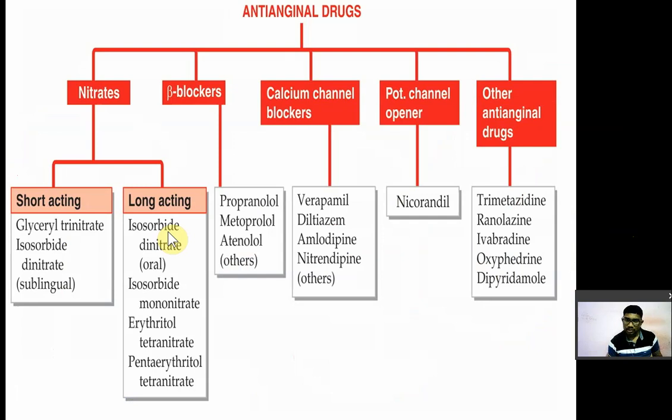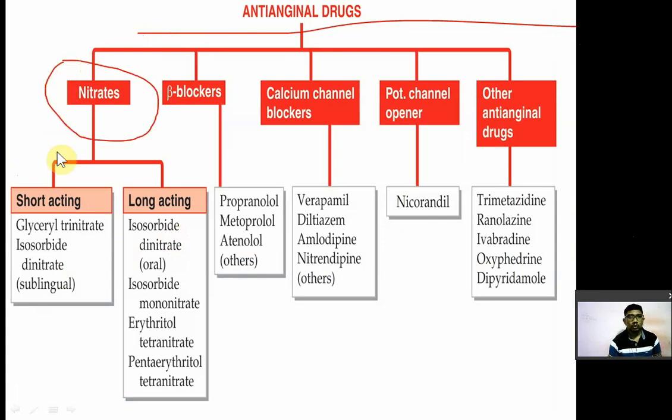Again, we will see what the different anti-anginal drugs are, or the drug treatment of angina pectoris. I take the classification two or three times because it is important. First one is the organic nitrates. In that you have two subtypes, short acting and long acting. Questions come on which are short acting and which are long acting. There was a question in GPAT 2019: which one of the following organic nitrates is long acting? The option was isosorbide dinitrate, so that was the answer.